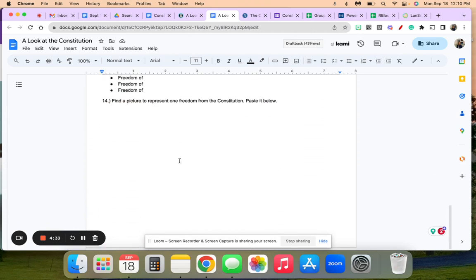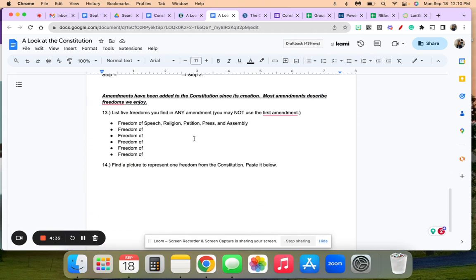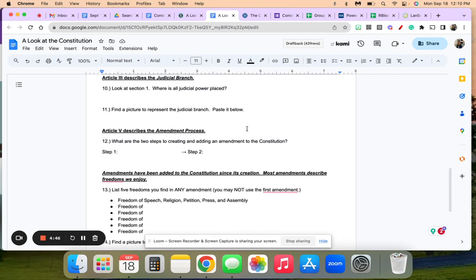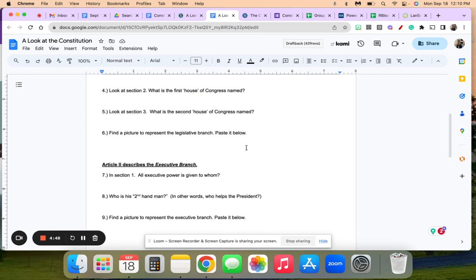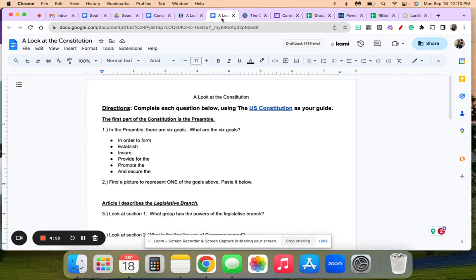Some of it you should already be able to answer. The one thing I want to point out is you need to list 5 freedoms you can find in any amendment, but you may not use the First Amendment. I've already put that there for you. It also does ask you to find pictures, which you will use Google for. Once you complete that, you will submit.